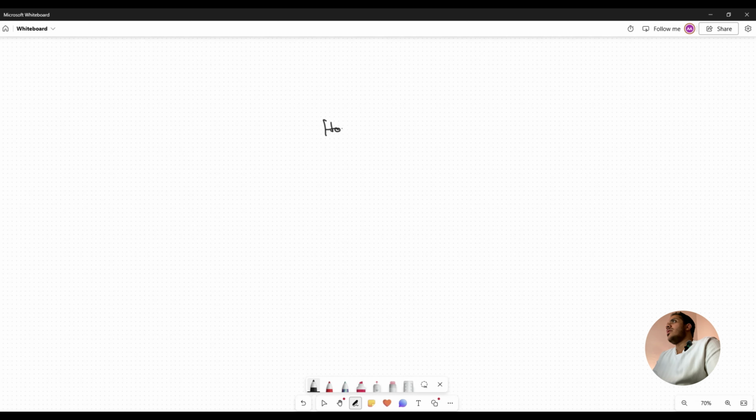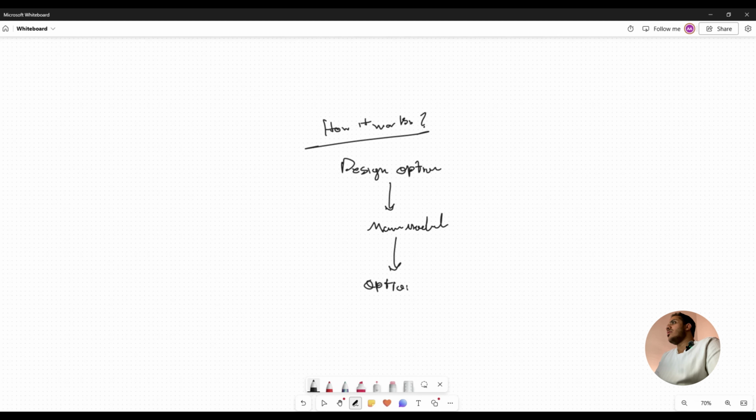Okay, first let's understand how it works. So, the design option feature includes the main model. The main model is any objects, any elements in your Revit file that will not be changed and will stay as they are. They can't be options. From this main model, you create an option set and rename it. For example, we will create multiple options and proposals of massing